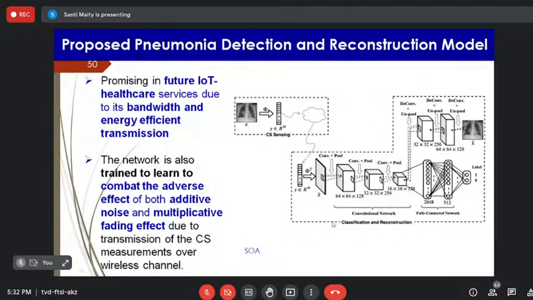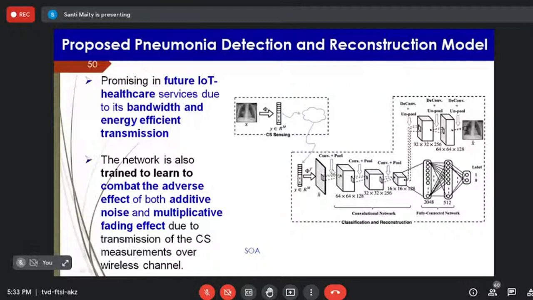One such application is remote healthcare support, pneumonia detection. This is a chest X-ray image. You go for sparse representation, and the sparse data is transmitted from the remote end where the patients are, to the city or elsewhere where the doctors are. Now there are two ways. One is computer aided diagnosis, instead of full reconstruction, where the doctor will diagnose from here,